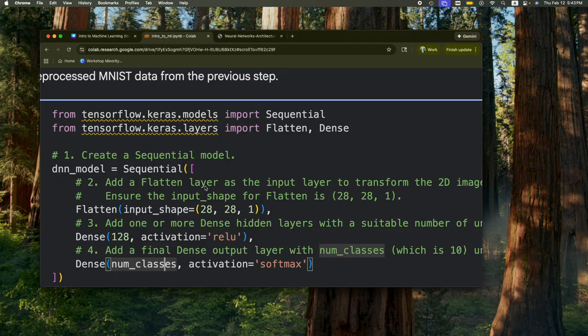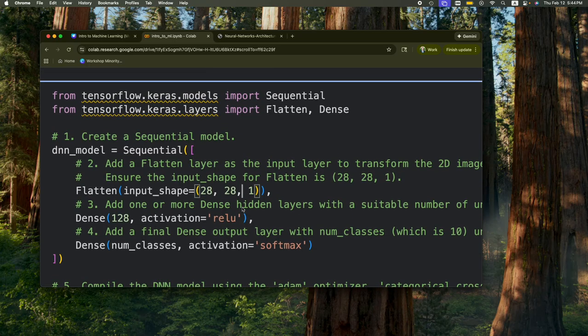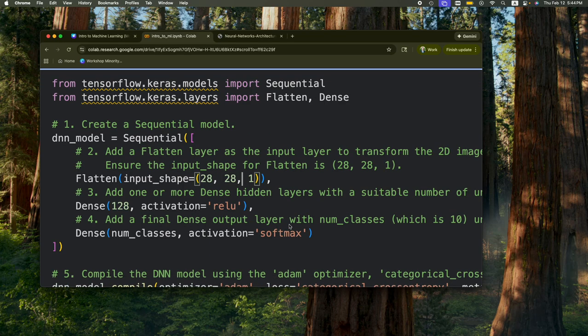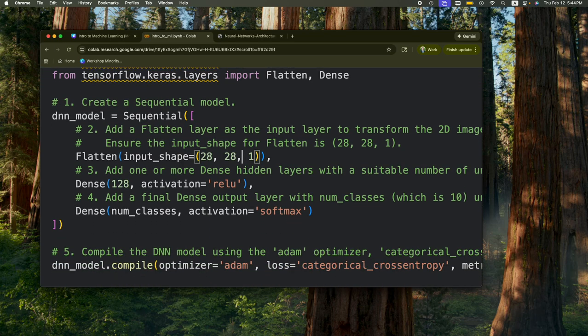So we flatten our 28 by 28 image into a 1D array. You guys know that just means it's going to become one long array. Then we introduce a dense layer, which is your linear layer, of 128.